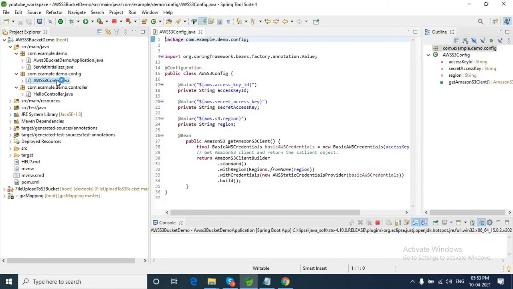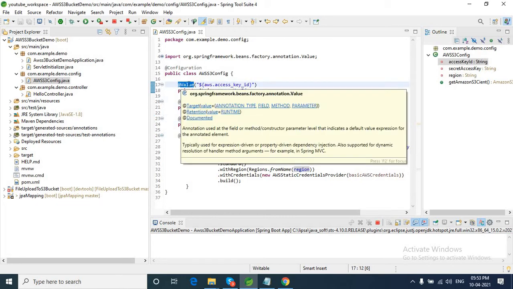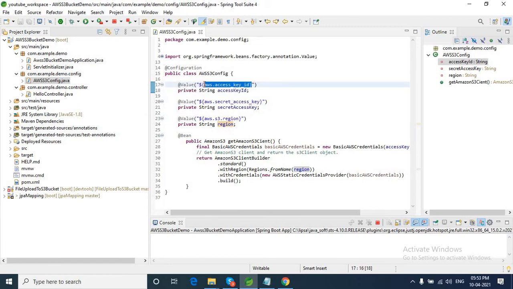Inside this config class, I have created the Amazon S3 client by using the access key, secret access key, and the region. I put the access key, secret access key, region, and my Amazon S3 bucket name, all inside my application.properties file. From this, by using the @Value annotation, I retrieve all these properties.